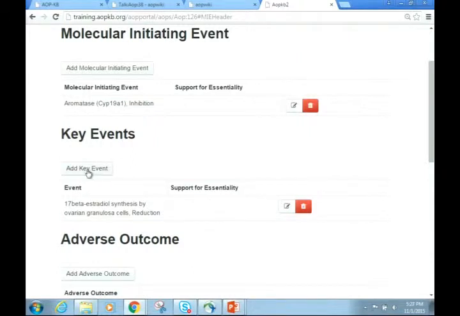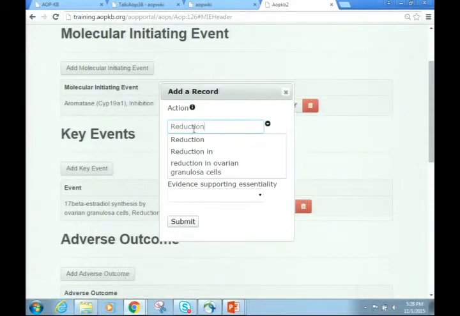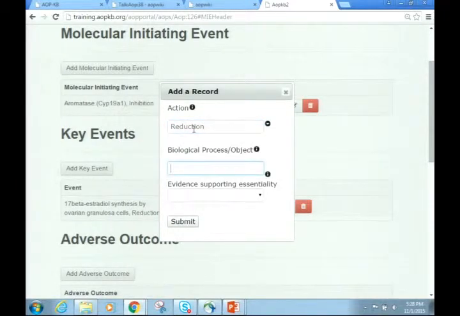In the interest of time, I'm going to skip a couple, and I'm going to go to a reduction in egg production. And I did this on purpose.